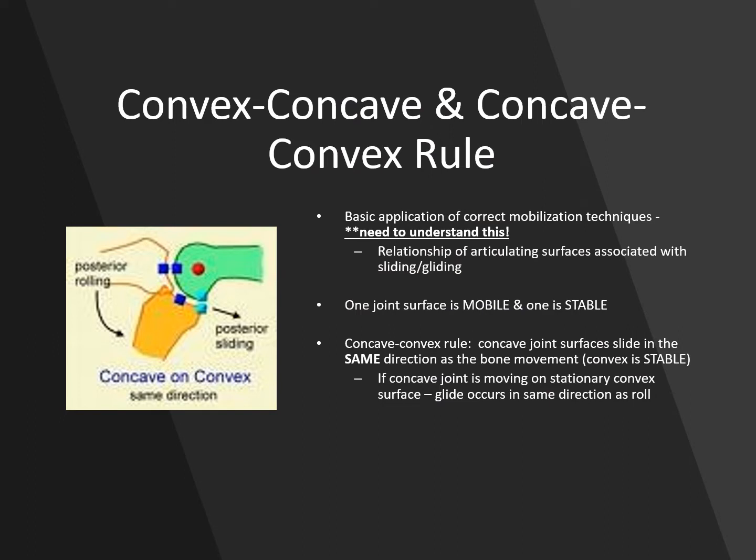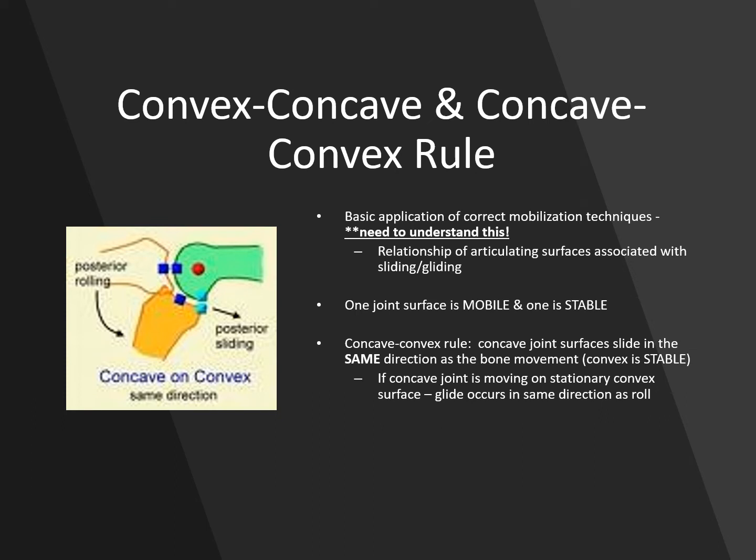Any joint mobilization technique, if you wish to give on a patient, you need to learn a very important rule, which is the convex-concave and concave-convex rule. The difference between the two is, when we say convex-concave, the convex bone is moving on a concave surface. And the concave-convex rule means that a concave surface is moving on a stable convex surface. Okay, please understand this.